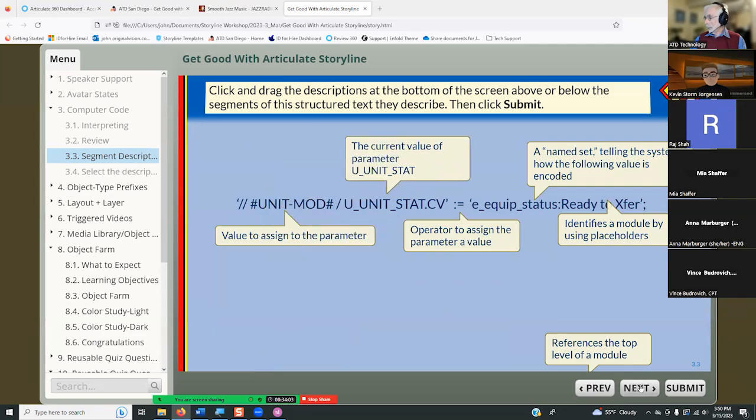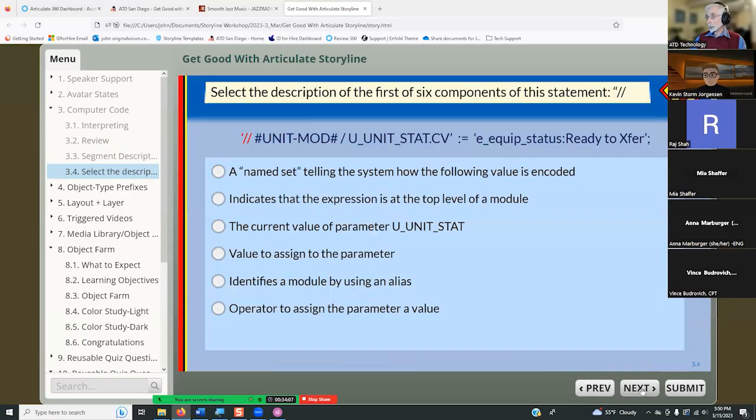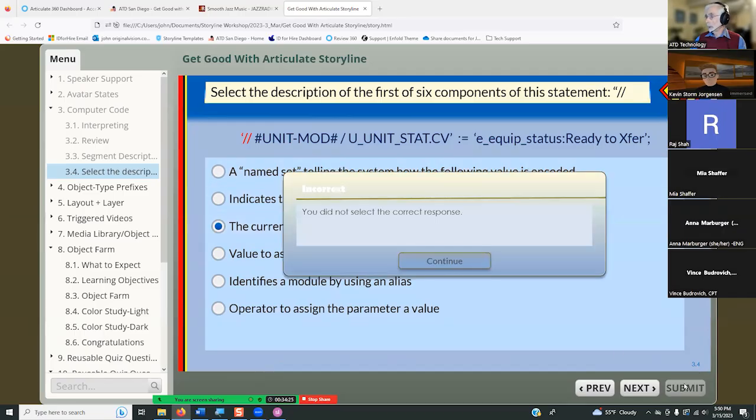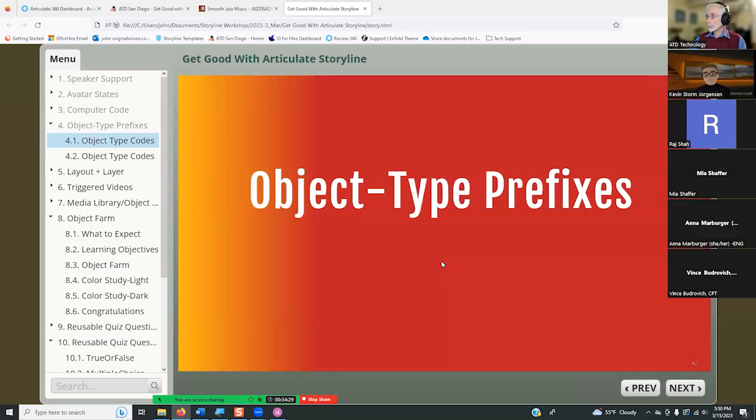So to make this more accessible, you could turn this one slide into 6 different multiple choice questions. So each of these different components would be highlighted, and then the learner would select down here what the description is of that particular thing. And then I got that incorrect.